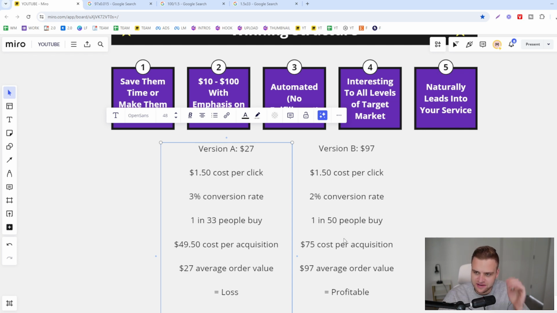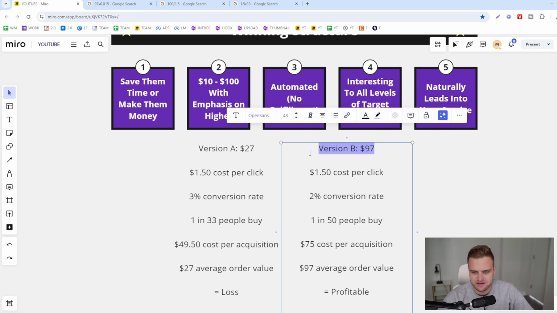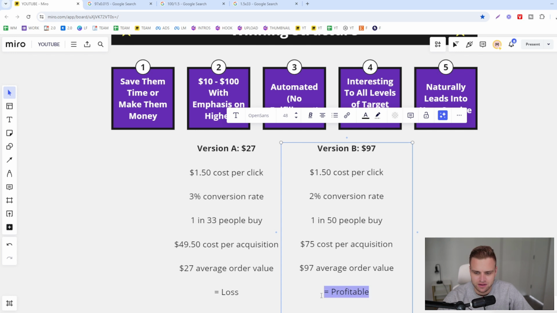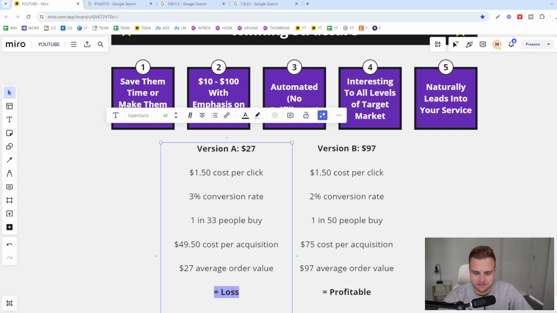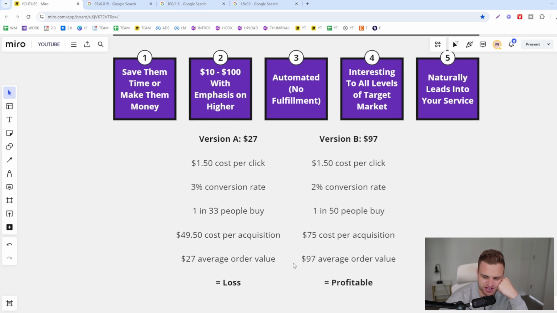And the whole point of trying to get these digital products is so that you can advertise at break even or profit, so you can just scale it up with no risk. So this is something that you should be aware of, because it's going to be very difficult to get this to a break even situation at scale with something like a Facebook ad at less than $97. And we're going to go over upsells after and stuff like that, but you should be aware that this is what the actual